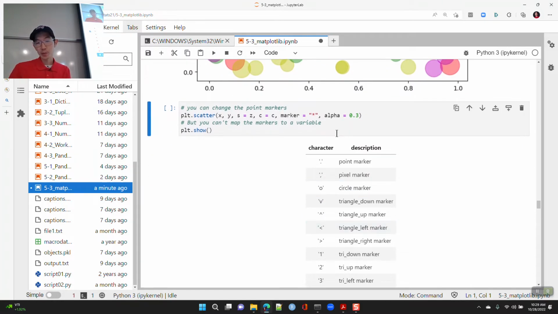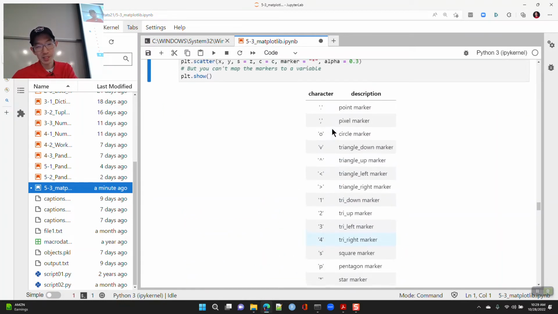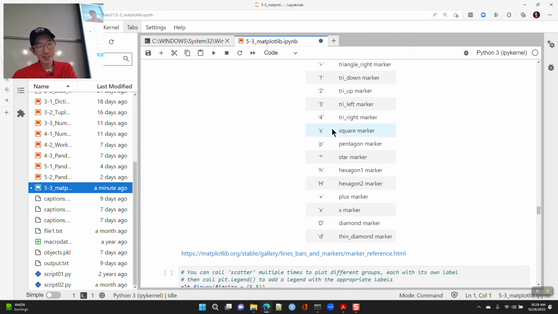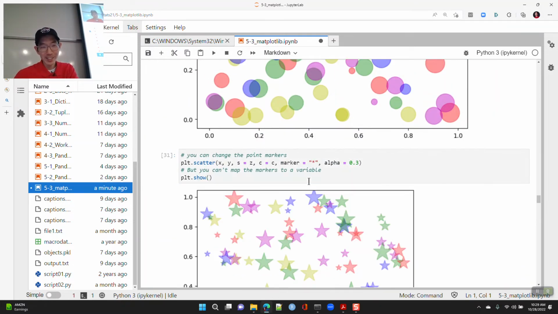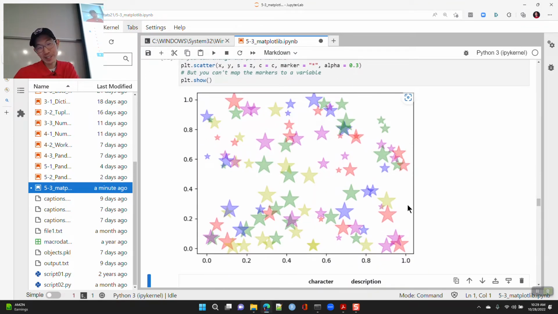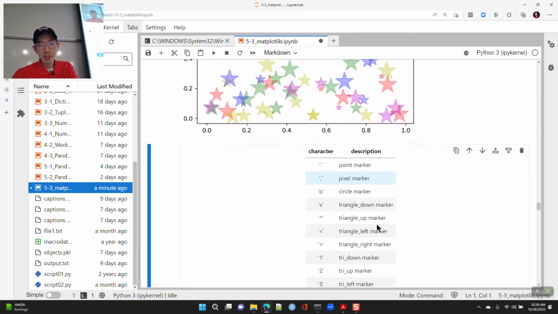If you wanted to, you can also change the marker. Unfortunately, you can't map the markers to a variable. We have different marker options, and here's the table of them. If you do marker star, then it's going to plot little stars, which is kind of fun. You can choose any of these.